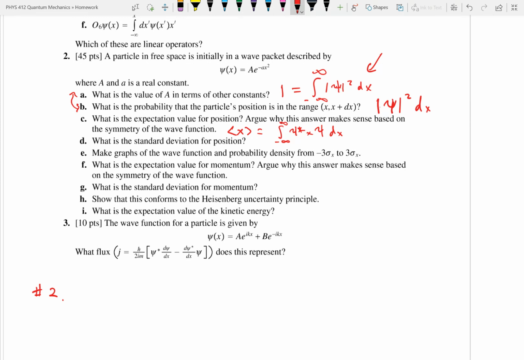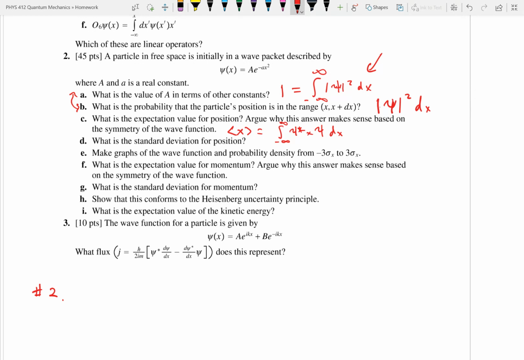Adding up all of the psi mod squared dx's from A to B. Okay. Well, in that case, I guess that answers most of my questions for A through D. But then going down, I guess I'm a little confused on E, but for the most part,